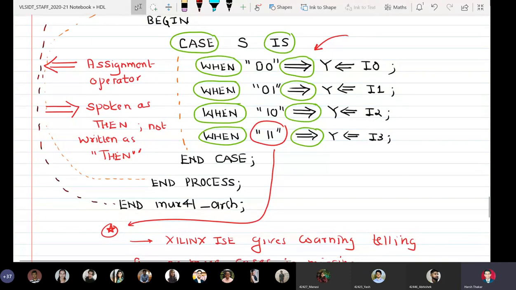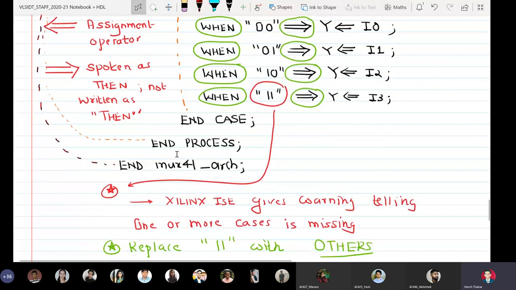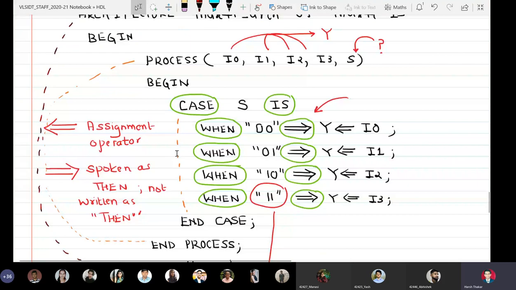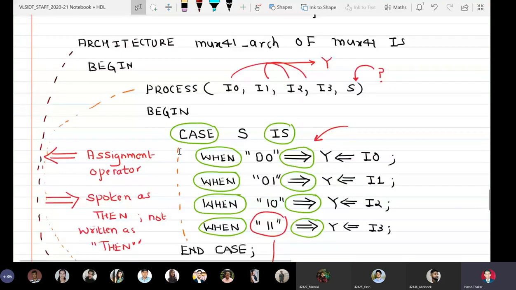Okay, so end architecture for architecture, end process for process, and end case for case.